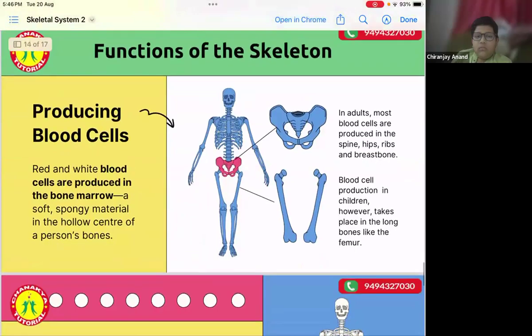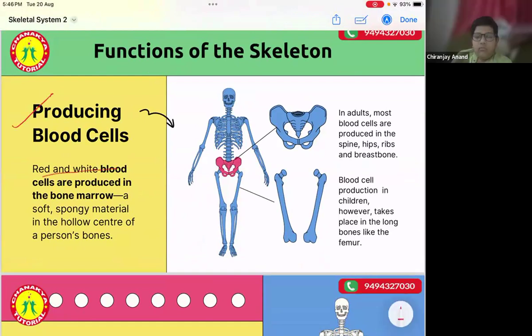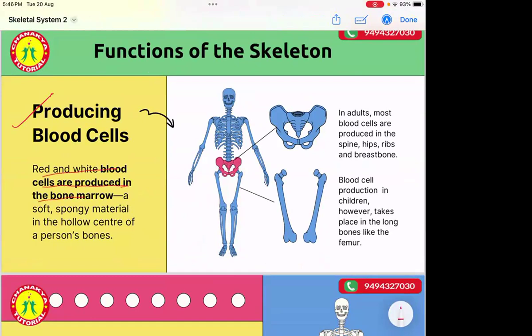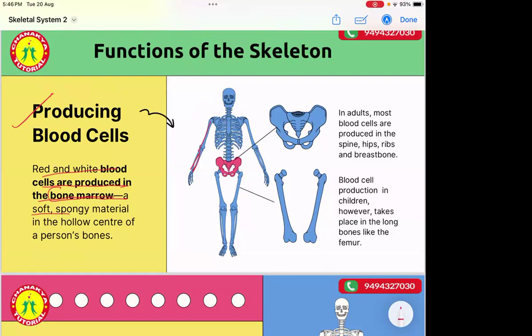Then the next function of the skeleton is to produce blood cells. Red and white blood cells are produced in the bone marrow. So in all the bones, what do we have inside? They are filled with bone marrow. And in the bone marrow, they produce red blood cells and white blood cells. And what is bone marrow? Bone marrow is a soft